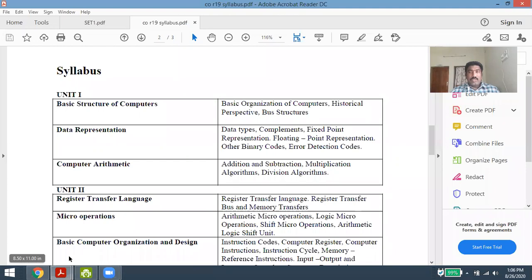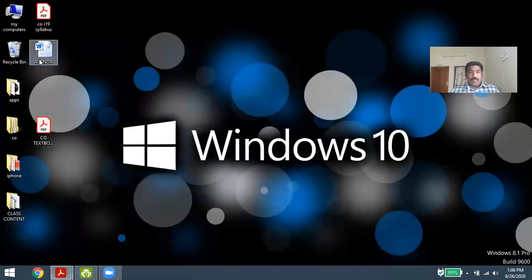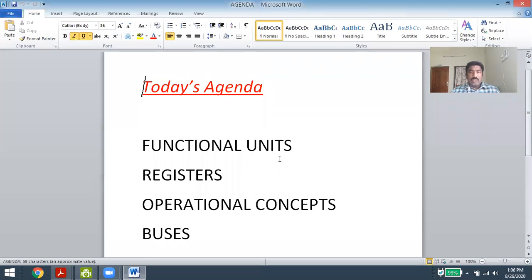In today's session, I want to discuss four concepts: the functional units of the computer, what registers are and how they work, the different operations by which computers execute, and the different buses we have. We will see each concept in brief.